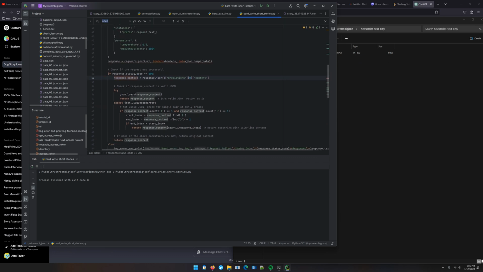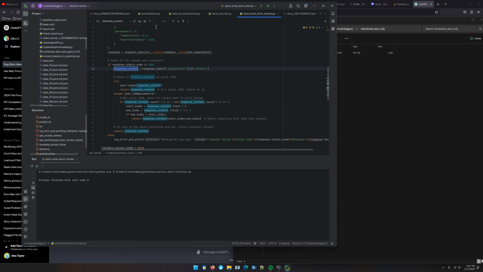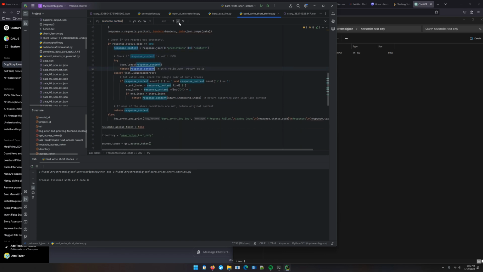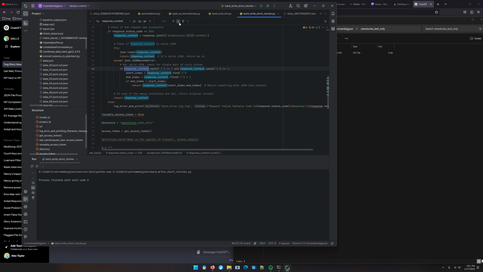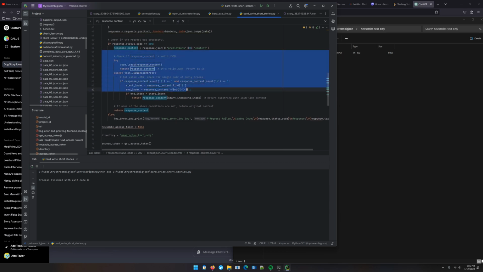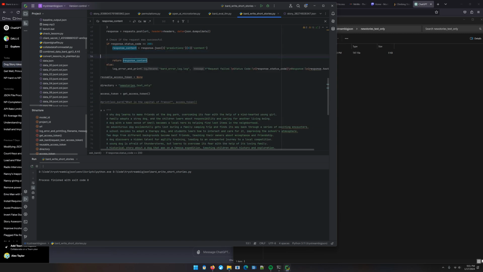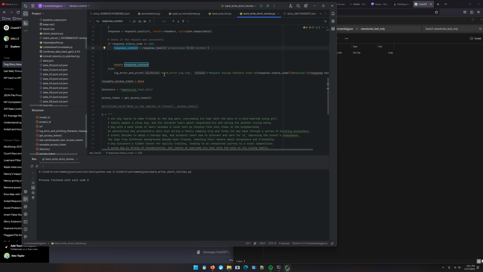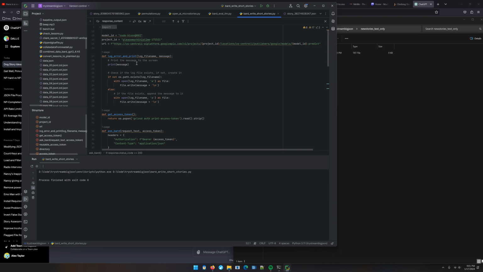Where I want to search? I want to search for this, please. None of this is what we want. Log error and print. We need a different log function.